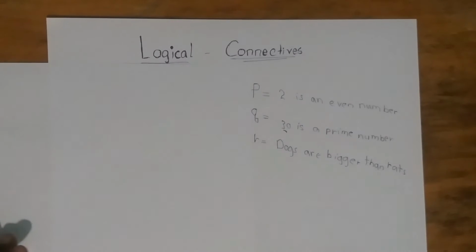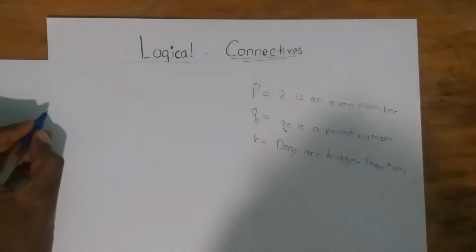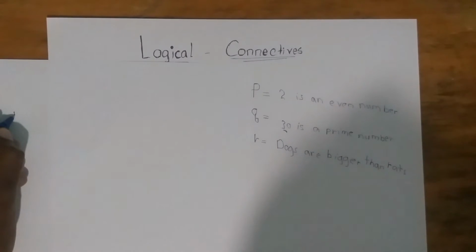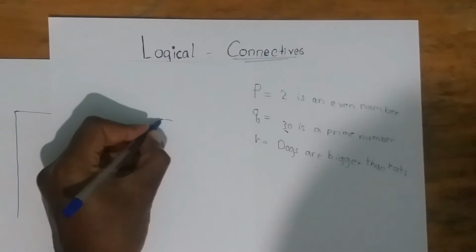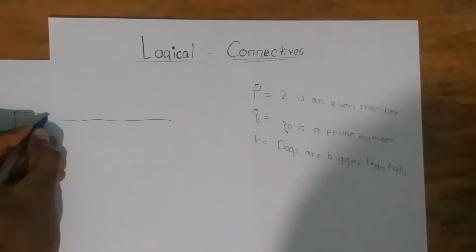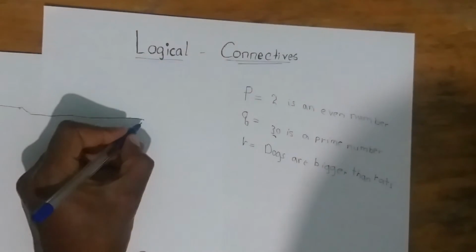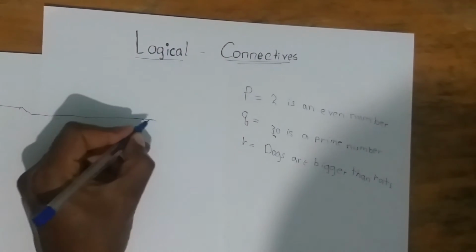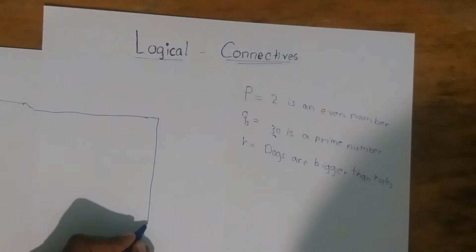I'm going to start by formulating a table, so it can be easy for us to cover many questions. If I said just P conjunction Q, it's not going to cover a large portion, so we're going to use a table to